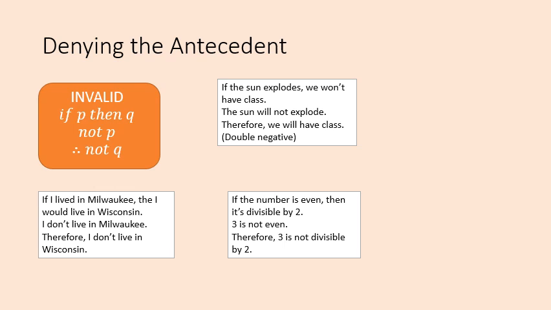And then finally, here's just a little math one. If the number is even, then it's divisible by 2. That is true. And then here's another, that 3 is not even. That's true. And then the conclusion here is therefore 3 is not divisible by 2. Well, that's actually true. But it's possible that it's false, and that sounds kind of weird. So I threw this in here just to kind of screw with you a little bit, but